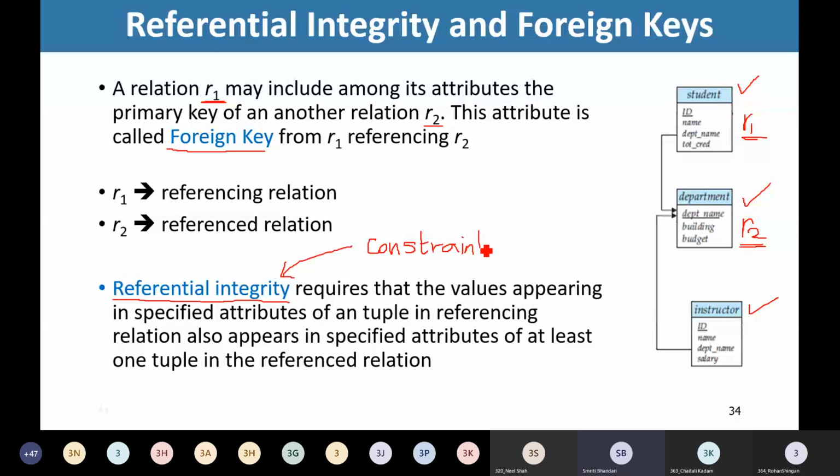Yes. See, for example, if I am inputting some instructor tuple, say I am inputting the data for one particular instructor. So I am inputting the ID, say 1, the name of the instructor, say X, the department name of the instructor, say CSE, and some salary. So this is one tuple in my instructor table. So whenever I insert this data